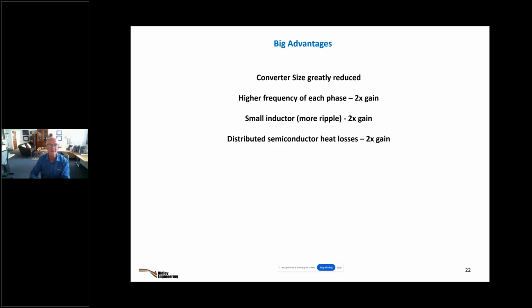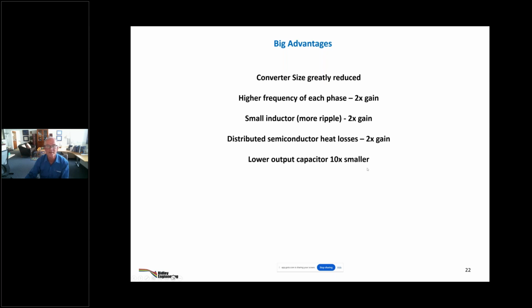You probably won't need a heat sink. So you're going to get a lot more gain there. As soon as that heat sink goes, boom, density goes way up. And then, of course, the big one is the output cap is at least 10 times smaller, I would say,